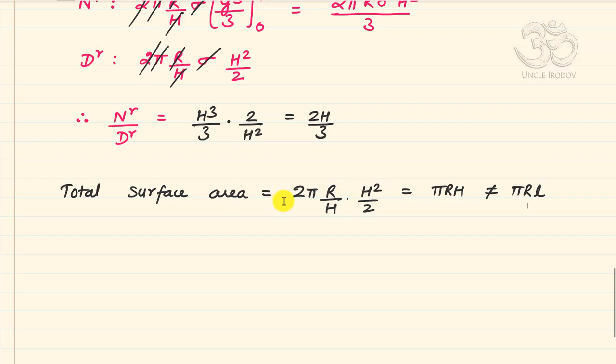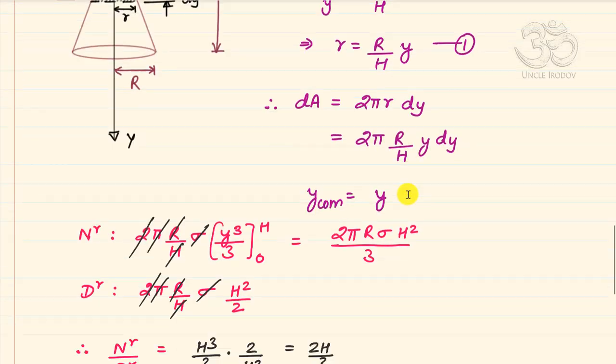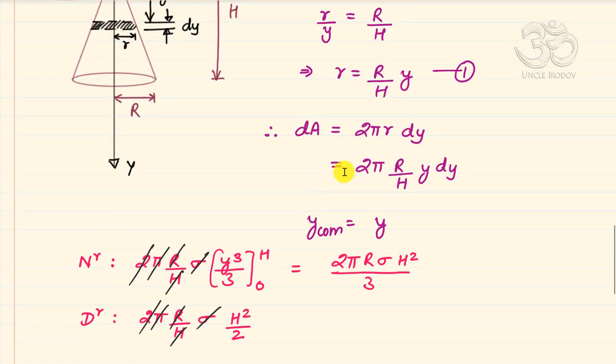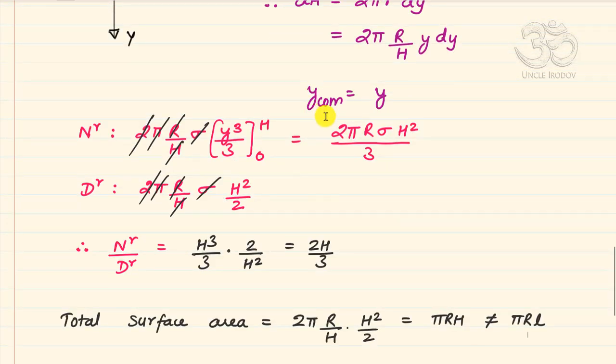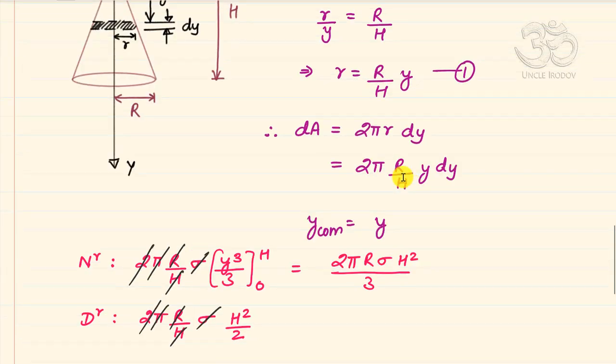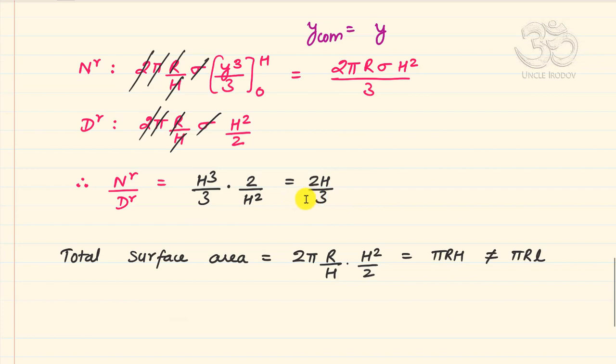So please keep in mind that if you just integrate the surface area elements, you are not going to get the right answer. But somehow when you take this area element with the center of mass and you try to integrate, it checks out. But then you have to be careful about the elements which you take, because at times, because of this discrepancy, you may not end up with the right answer finally.